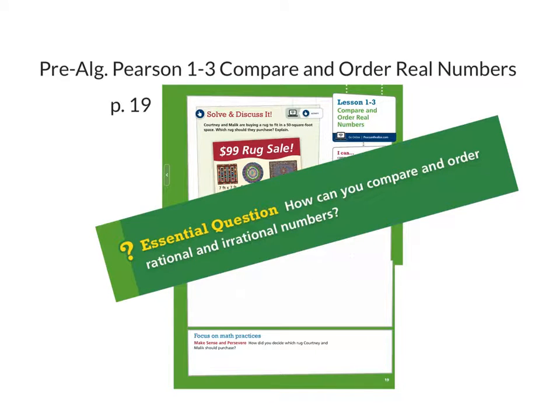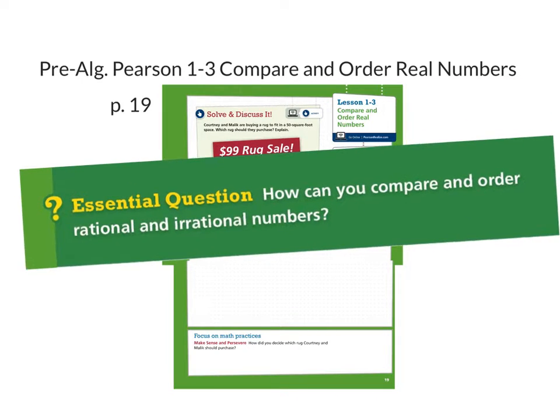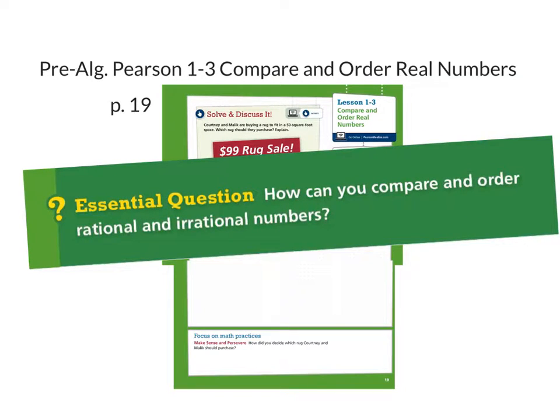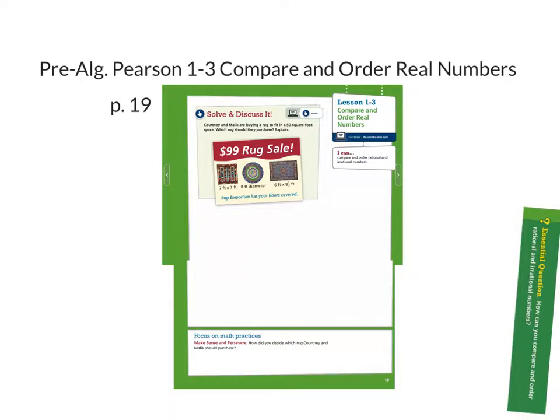Lesson 1.3 is on comparing and ordering real numbers. So we're going to look at them, see which one's bigger, which one's smaller, or if we have a whole group of them, we can put them in order, least to greatest, stuff like that. So question is, how can you compare and order rational and irrational numbers? If we look on page 19,